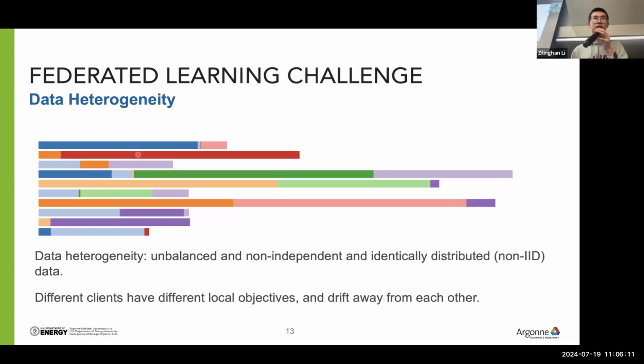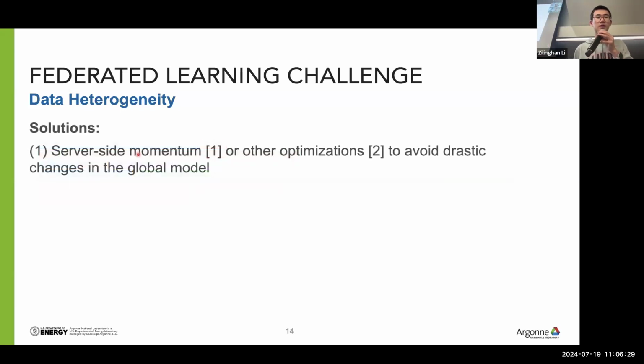And this causes that different clients have different local training objectives, and their trained model can drift away from each other. And this may cause a global model to become something that contains some garbage model parameters. So how should we avoid this? One type of solutions is using some server-side momentum or other optimization strategies to avoid the global model change drastically